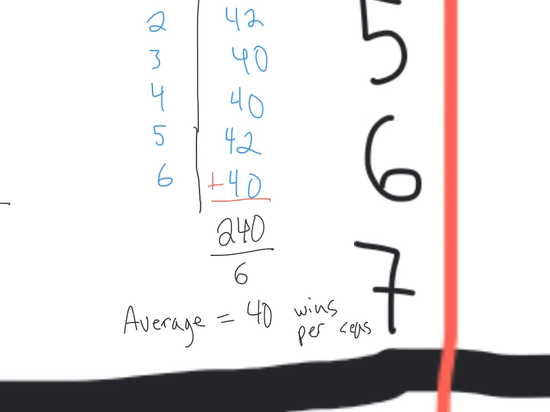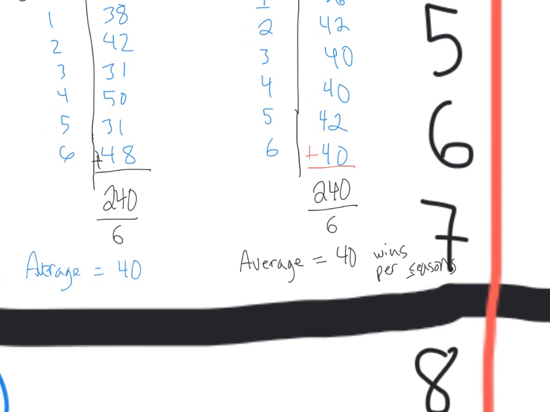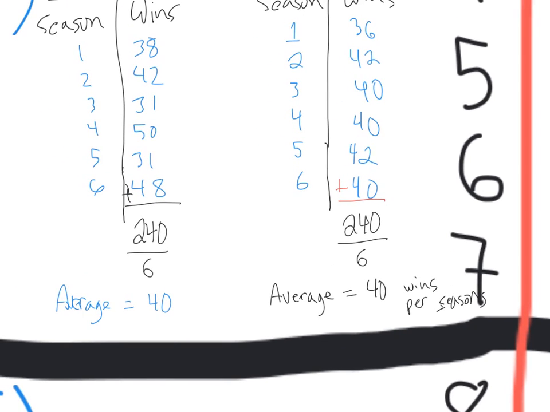So their averages match, meaning that probably the average is a good tool to analyze and predict how many games that each of these teams is going to win every season. On average, they win about 40